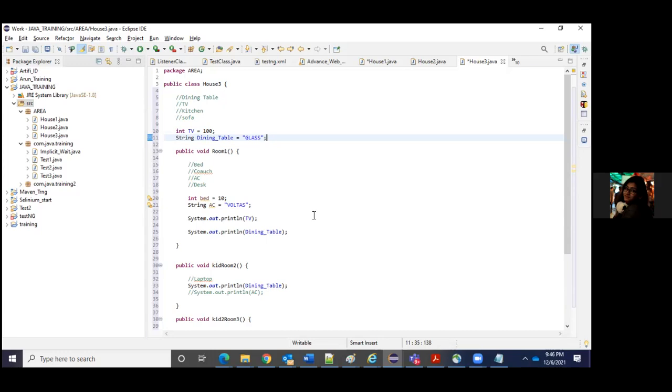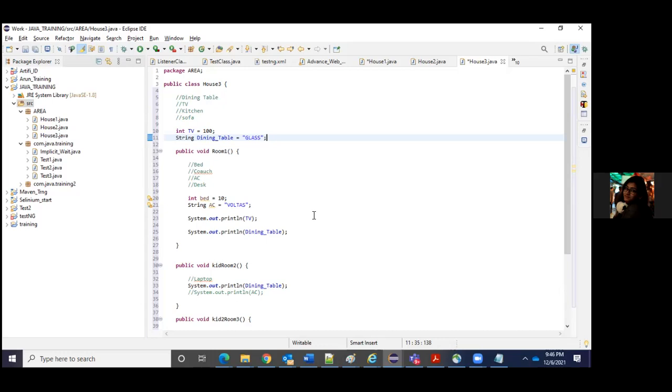On the other hand, we have the variables in the 20th and 21st line, that is int bed and string AC. This can only be accessed by room number 1 because it is residing inside room 1. For example, if there is an AC inside room number 1, you cannot access it from the dining room or from the kitchen or anything.